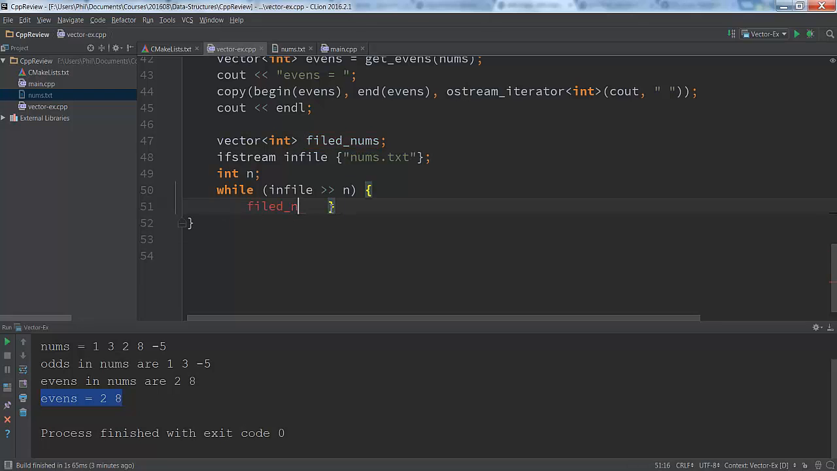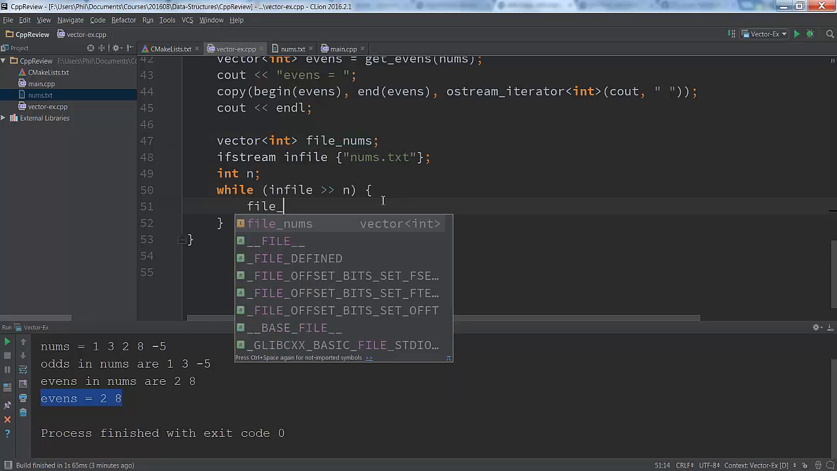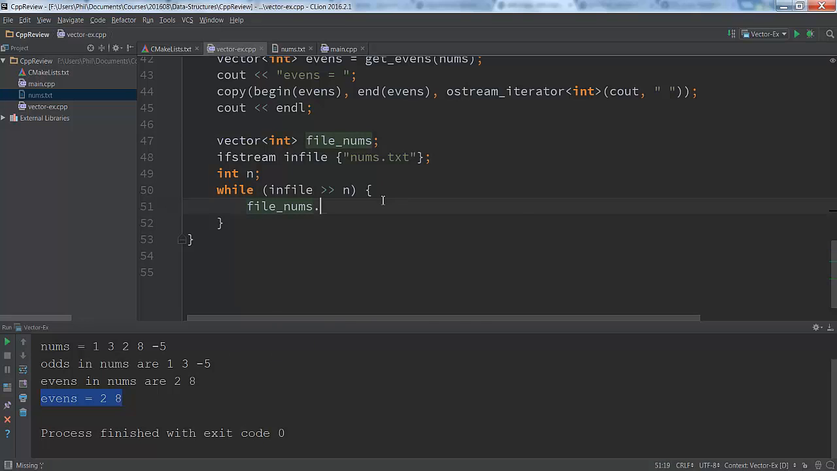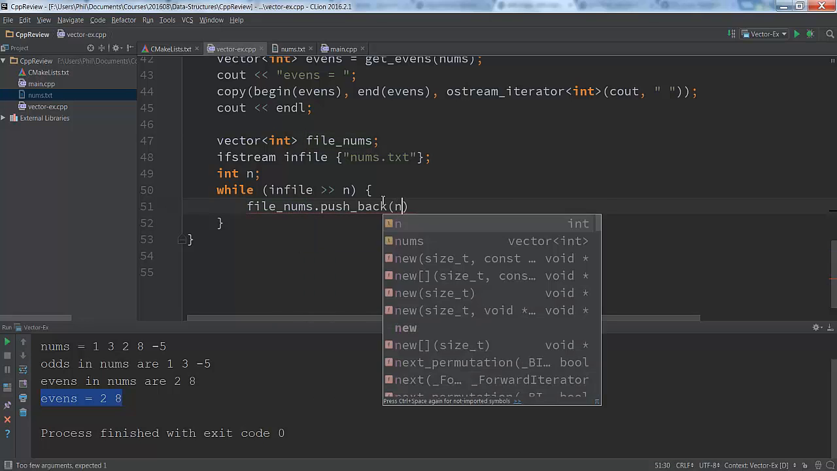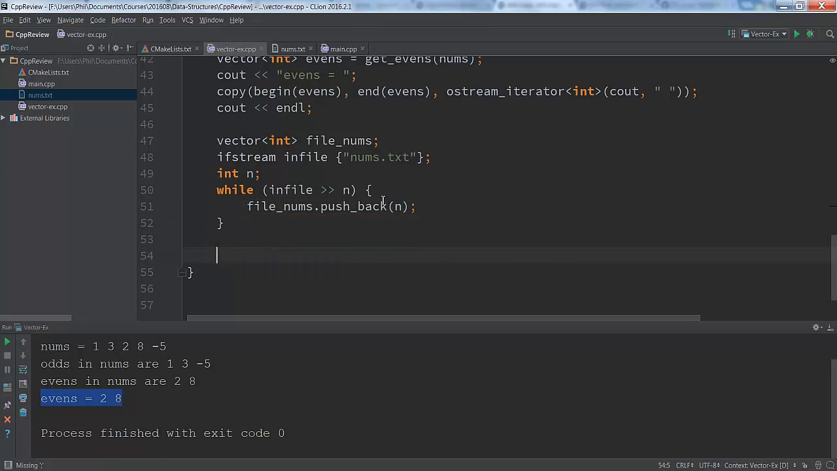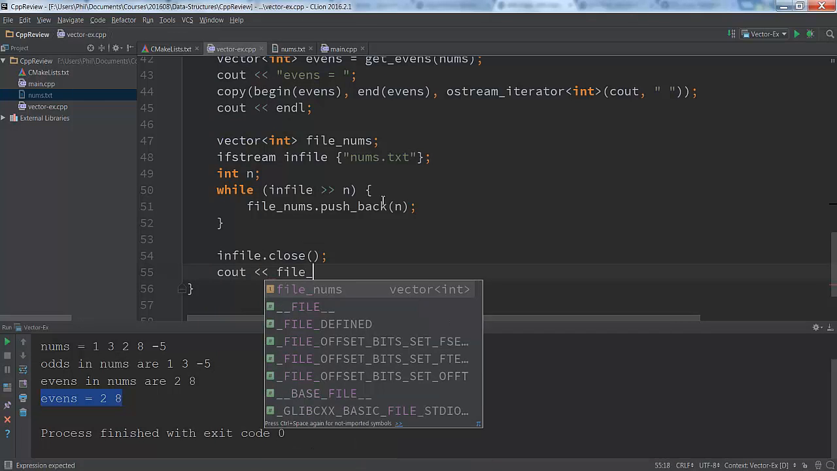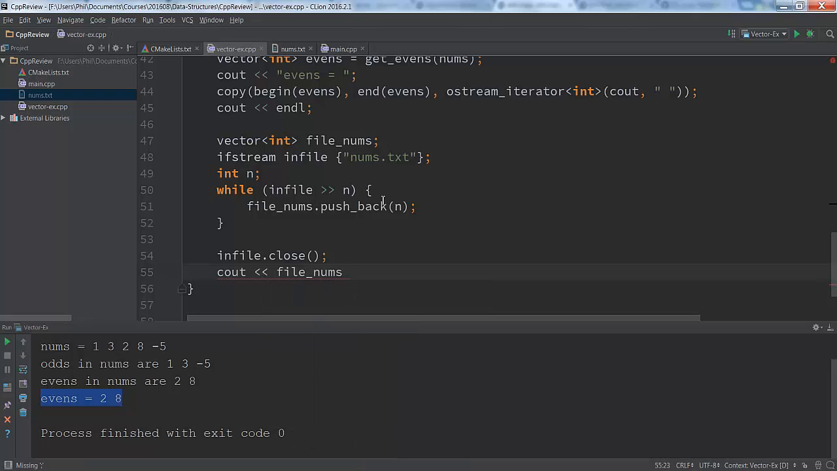Yes, it doesn't like to refactor if the code is failing that. Okay, so there we go. Okay, so my file nums, and then we can do our pushback, and then we can say that we're going to push back n, and so then we could have a close for that, and finally we could say, okay, the file nums